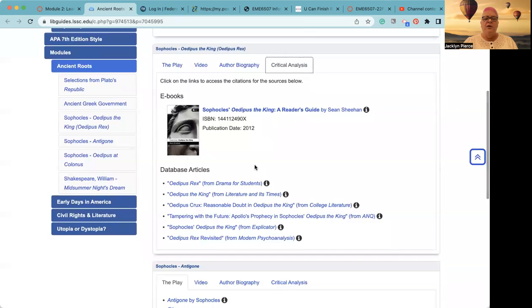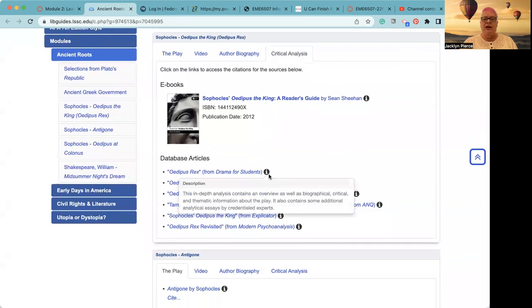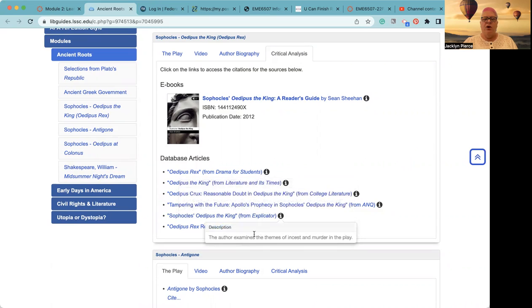Now, these you may want to use in your discussion of the play on your PowerPoint in your video. Make sure that if you are using resources that you are citing them. So you would have a references page, works cited page for sure at the end of the video.